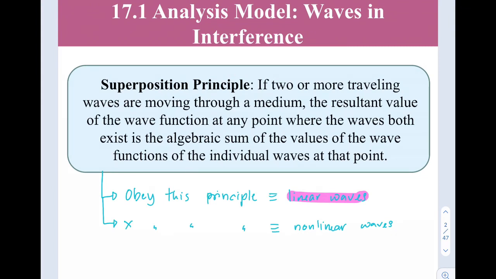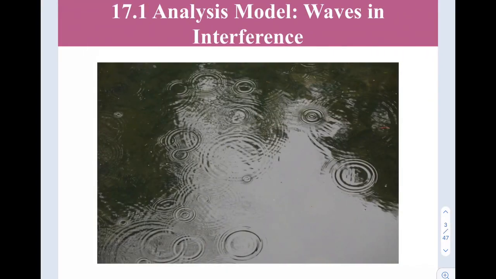Alright. What does that mean by algebraic sum? We're going to see that. If you have experienced this, you have lots of droplets of water here. You see each of them is going to produce their own wavefront, isn't it? So they are going to combine. Let's say this wavefront is going to combine with this wavefront. So whenever crest meets crest, or meets trough, they're going to produce interference. The way they meet up is known as interference.